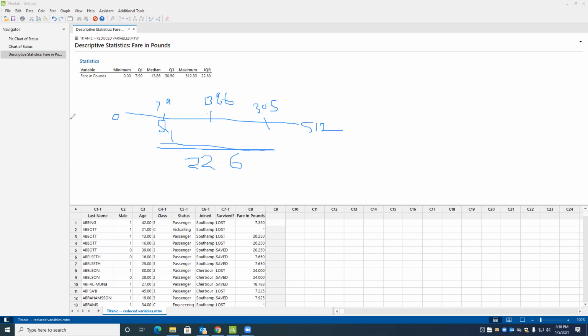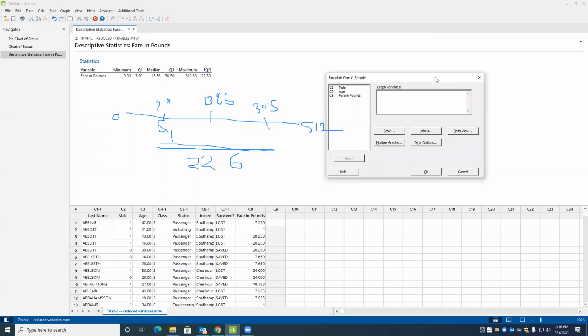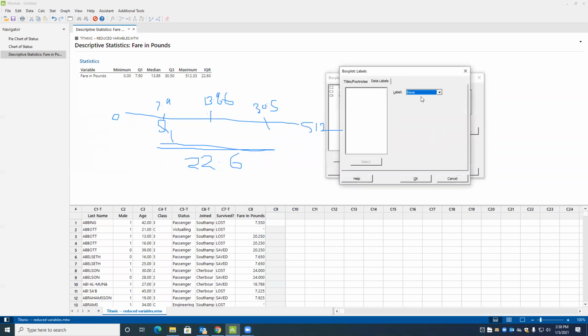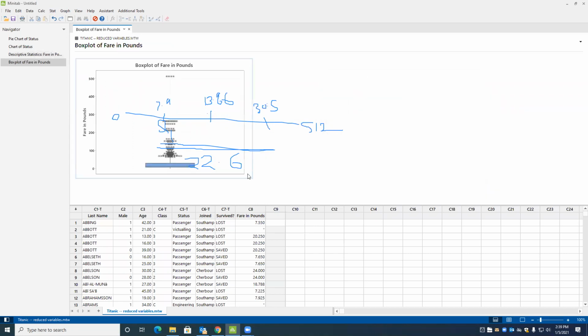Now the same 5 number representation can be done using box plot. So I just go here, I just do this, and I check fare in pound, and I can do the labels and outliers, individual data, mean. So I'm just putting none and just do it. So let me clear this number. Now you can see this.